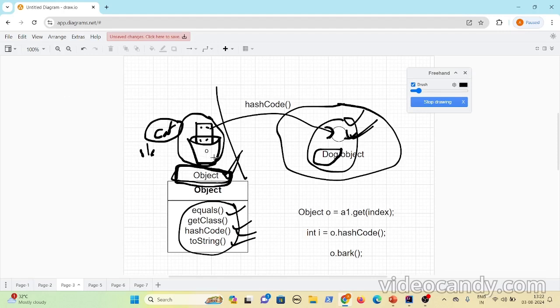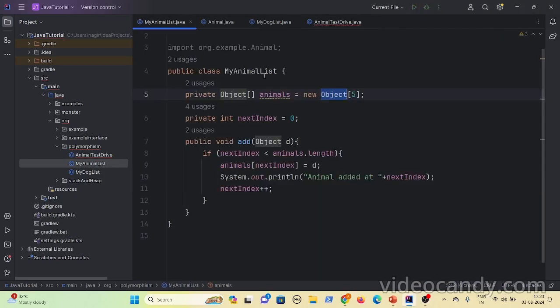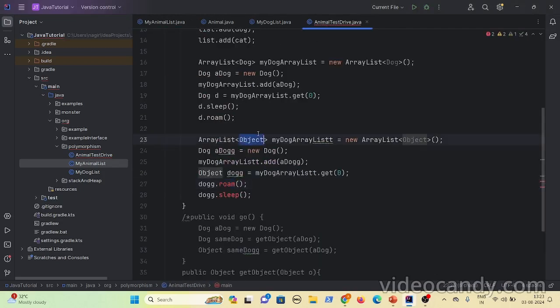Like if you want a super array list which will store all kinds of objects, instead of using animal you thought you will use object as the reference variable, so that you can add all kinds of objects. Definitely you can add all kinds of objects, but while adding, you are converting your dog to the object, and when you fetch the element from the array list, you will lose its characteristics. If you lose the characteristics of the dog, you will have only the characteristics of the reference variable. That is very important here.